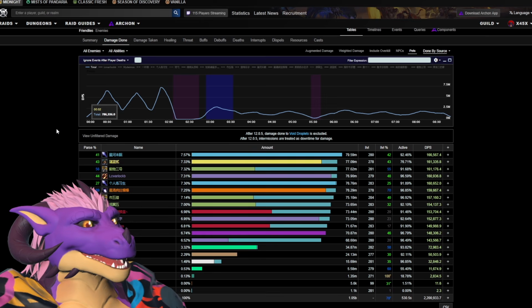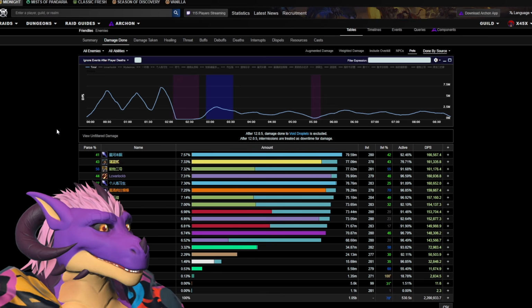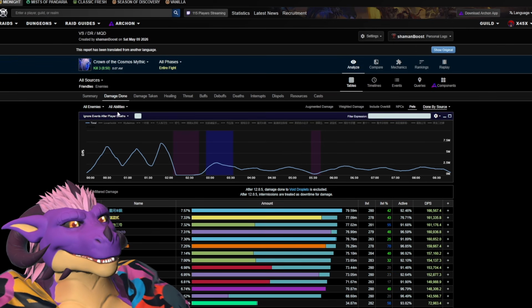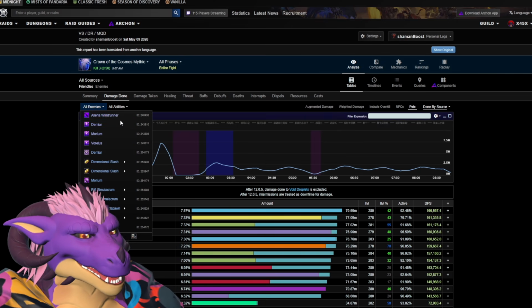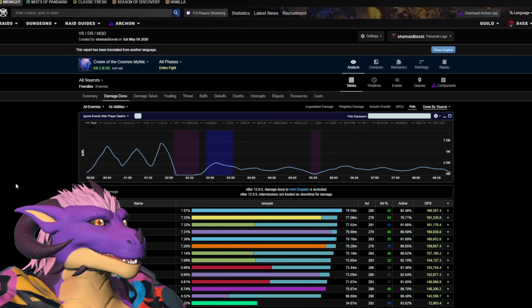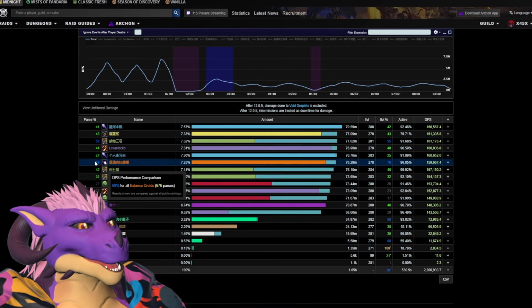On the damage side of things, it's a bit more of a high scoreboard, especially in raids, where raids are fixed fights, so to say, right? So you have an assignment and you know what you're looking for. Again, you might want to look at damage done to a boss or bosses, not so much adds in a fight, because that can give you really messy numbers and can make it really hard to parse. But when it comes to these high scores, it gives you an idea, right?